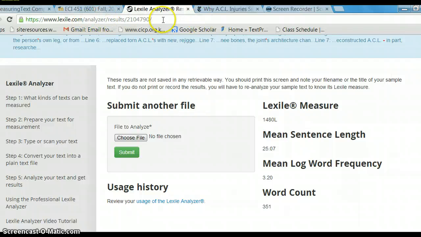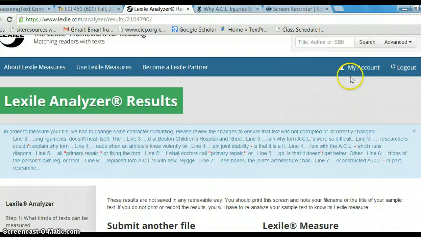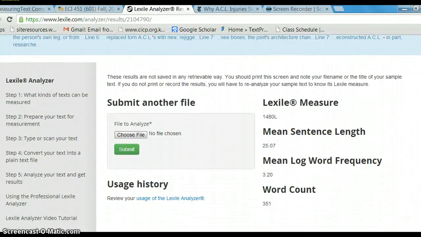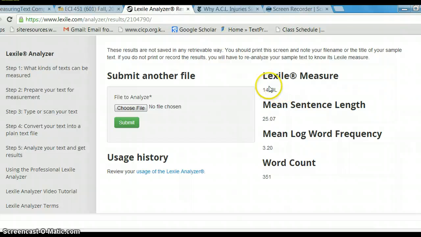Lexile.com. So when you go to Lexile.com, there will be a place for you to sign in. Sign in, create a free account, go down to Lexile Analyzer and run it. I already have. So